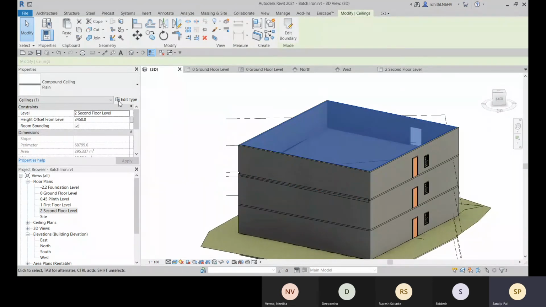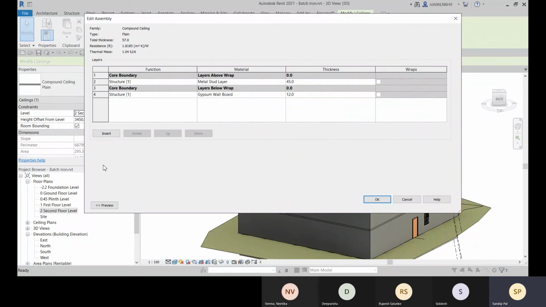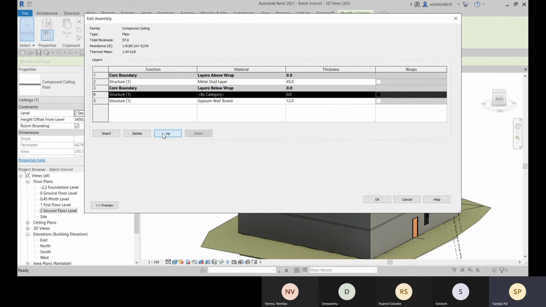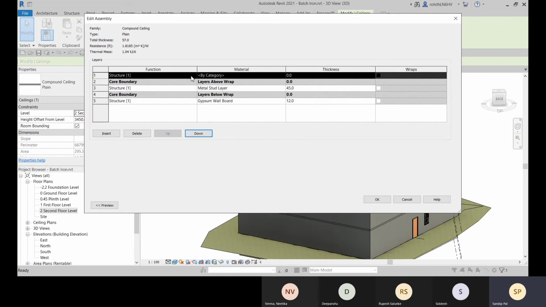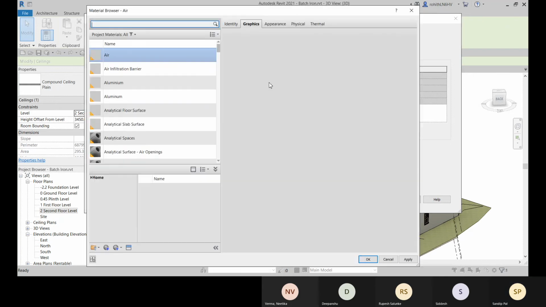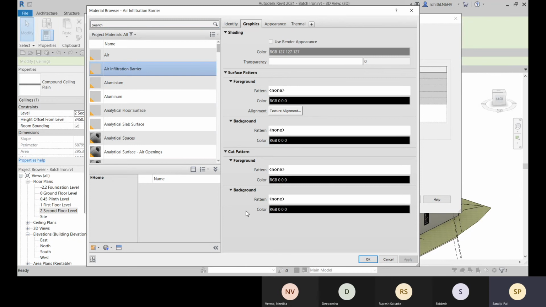If you need to change the structure for the ceiling, you can go to the structure, and there you can add some materials and some layers. Like go for up, there you can apply it as a thermal layer. We have this air filtration barrier option for the thermal layer.